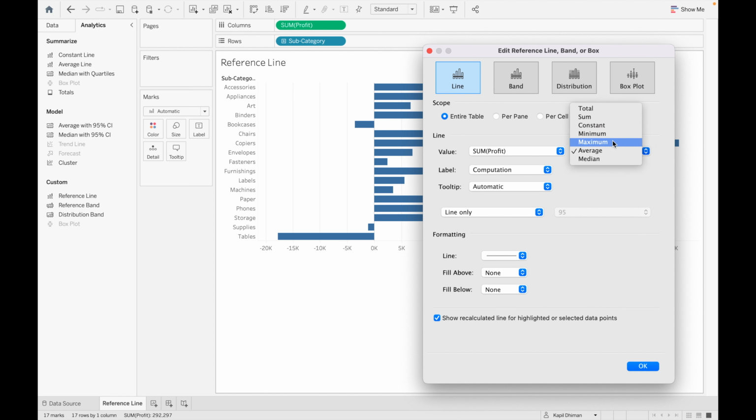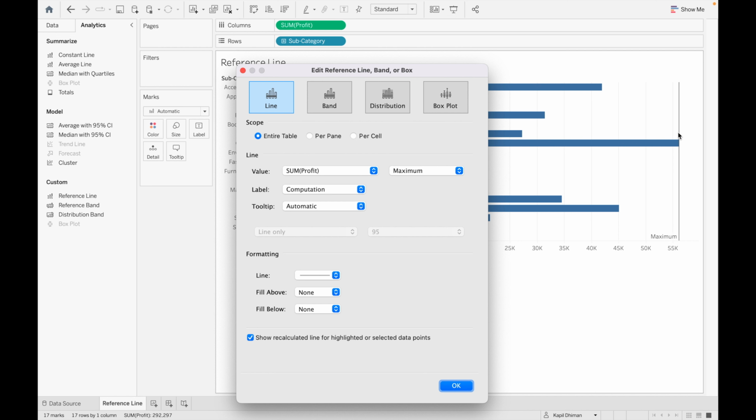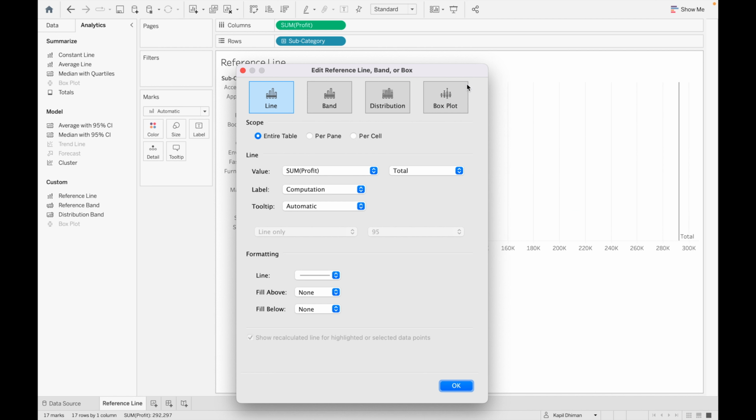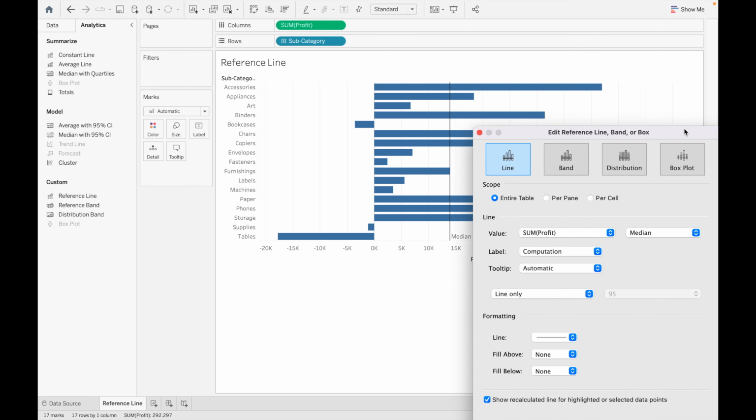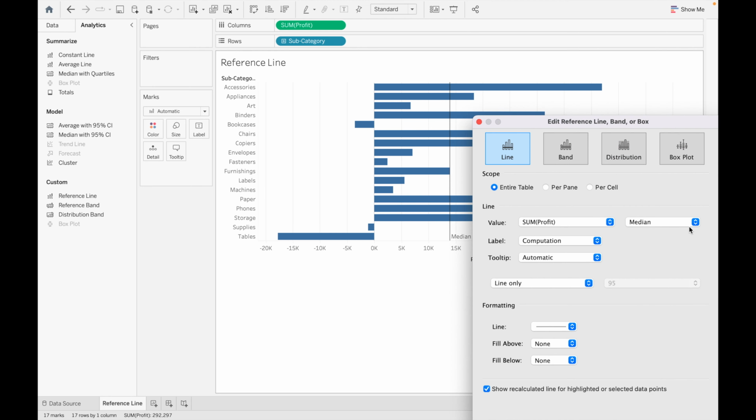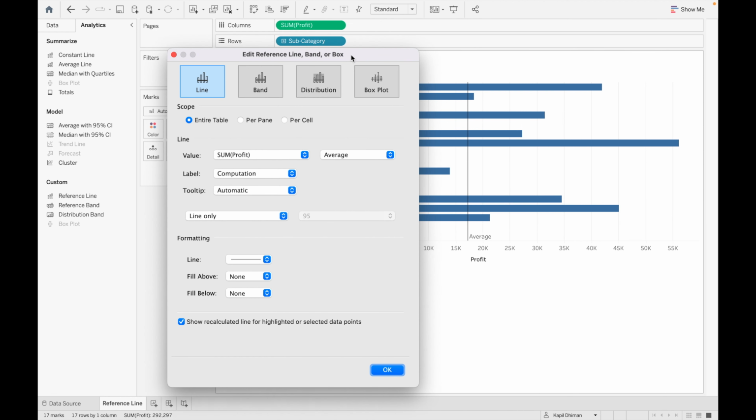If you change it to minimum, you can see the reference line is showing at minimum. If you make it maximum, you can see the reference line showing the maximum value. If you want to make it total sum, so this is the total sum for all of these, and this is sum. Okay, now if you apply median, you can see now the reference line is showing median values. Okay, if you want to apply it to average, now this is showing average value. Okay,